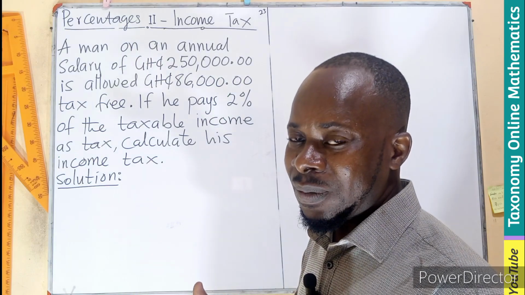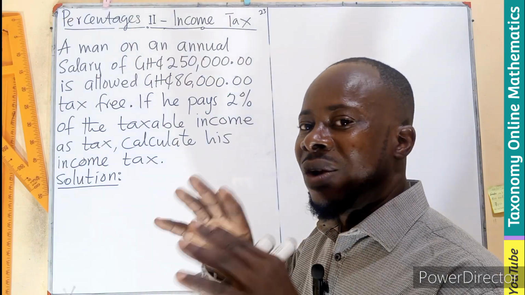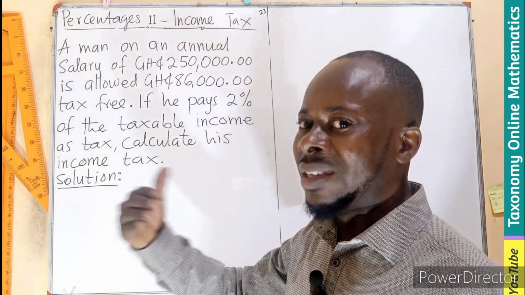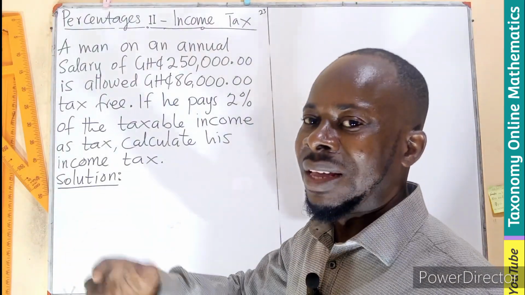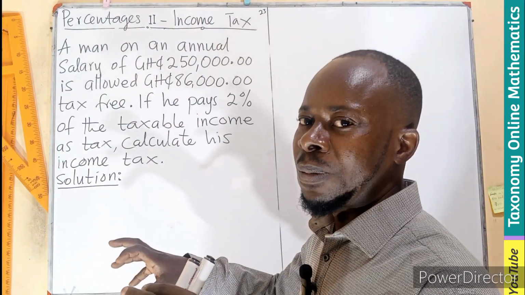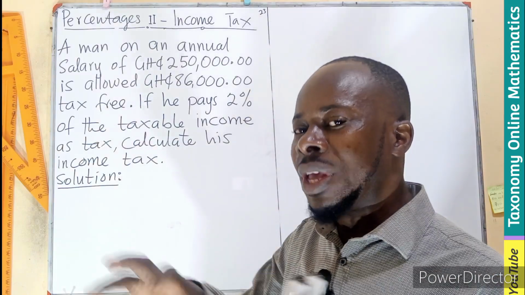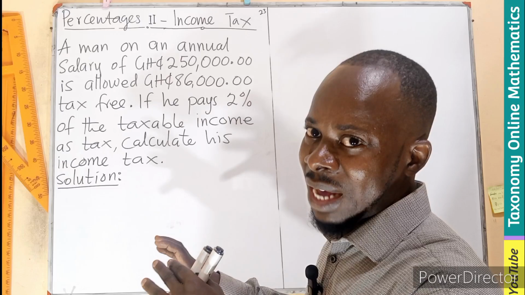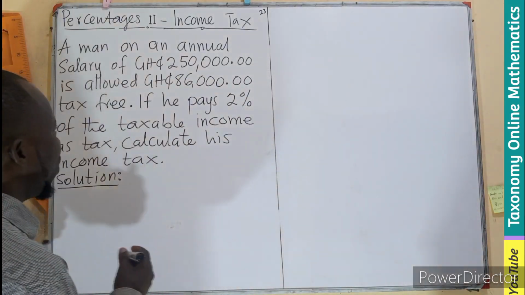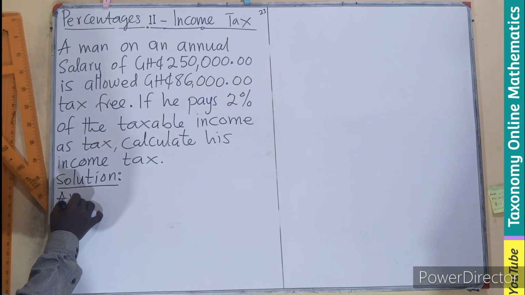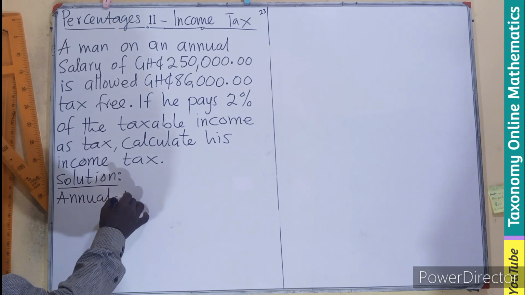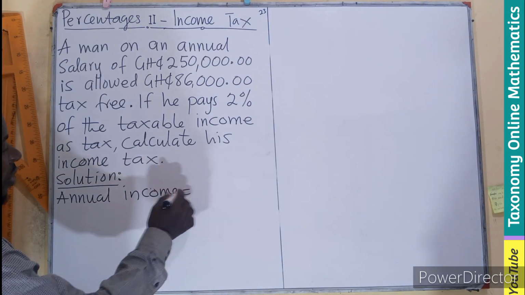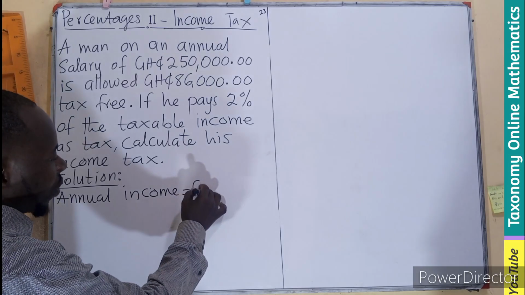What is the tax? Remember, the tax is just the rate of tax times the amount to be taxed. What is the amount to be taxed? The amount to be taxed is the taxable income. And how do we find the taxable income? It is the salary minus the tax-free, right? So here we know we have the annual. Let me use income. You can also use salary. Annual income is given to us